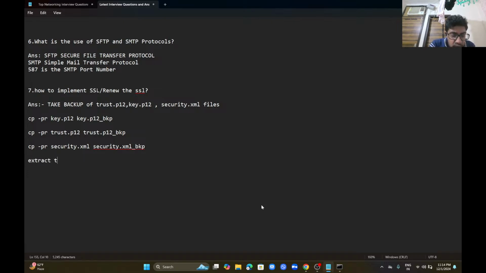extract the old certificate before renewal of the certificate. Okay, this is the thing that happened. Okay, eighth one,